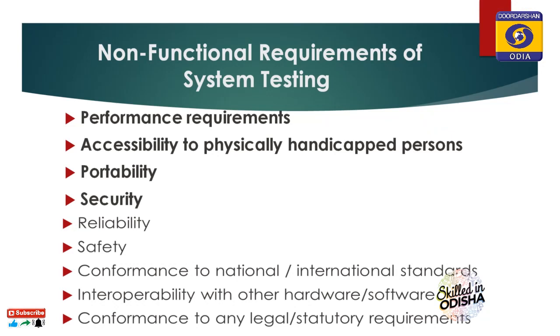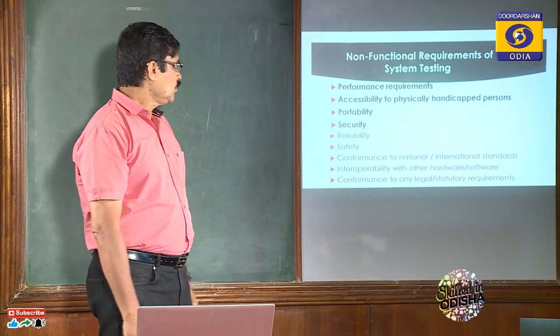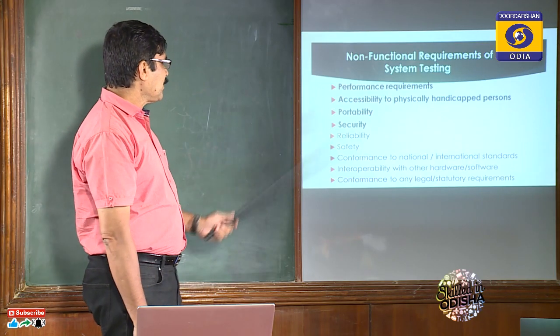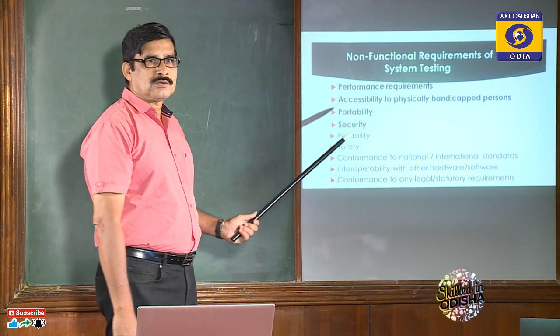Number 5, reliability. Number 6, safety. Number 7, conformance to national or international standards. Next one, interoperability with other hardware and software. Next, conformance to any legal or statutory requirements. So we'll go one by one, and I will just tell you